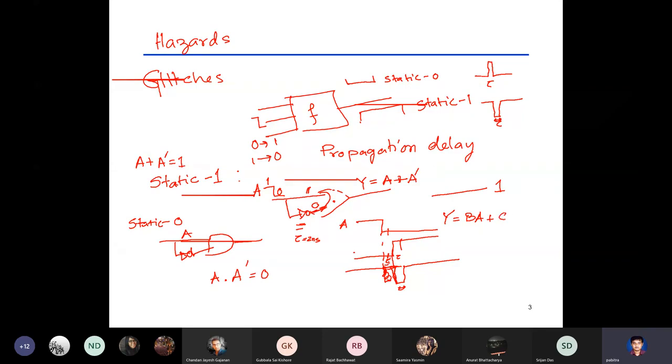So if we draw it as a circuit, it will be